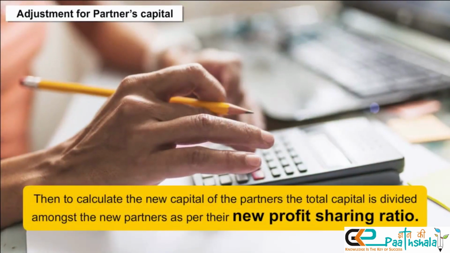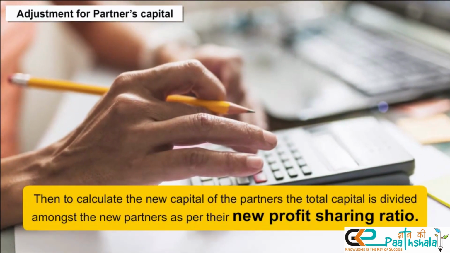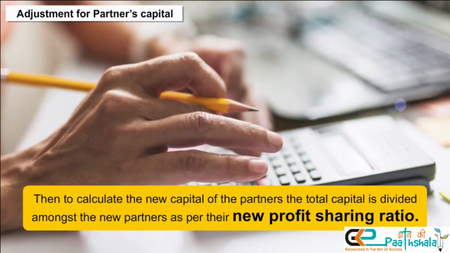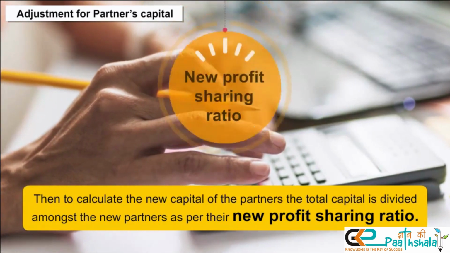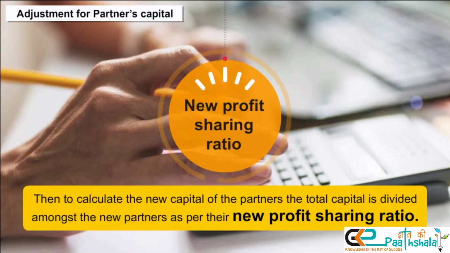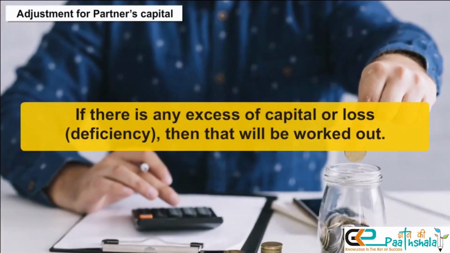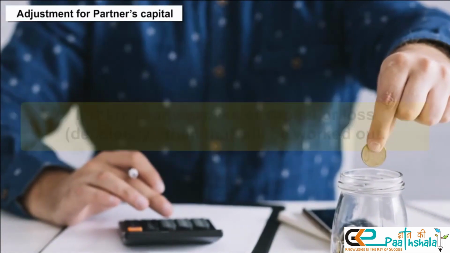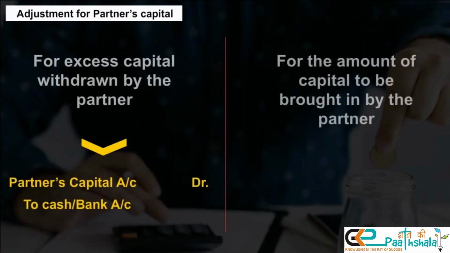Then, to calculate the new capital of the partners, the total capital is divided amongst the continuing partners as per their new profit-sharing ratio. If there is any excess or shortage of capital, that will be worked out. The journal entries for the same would be: